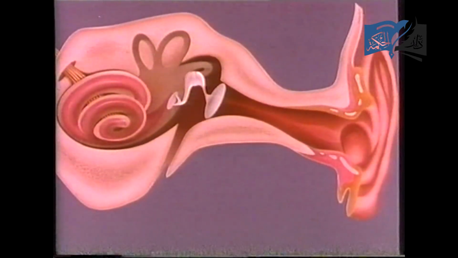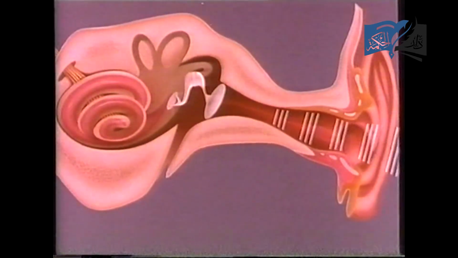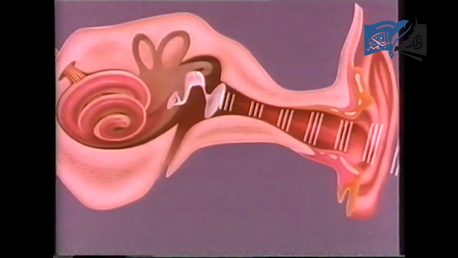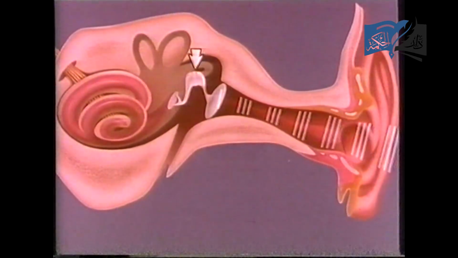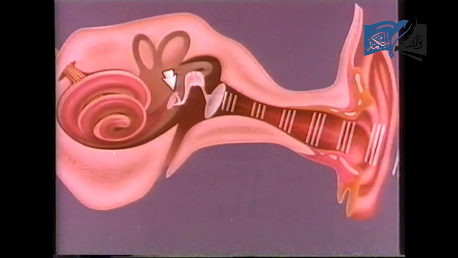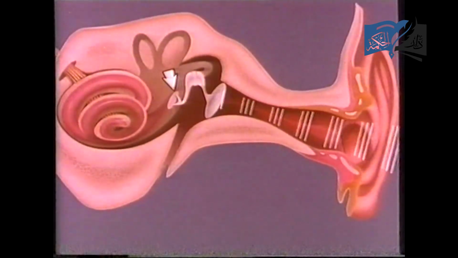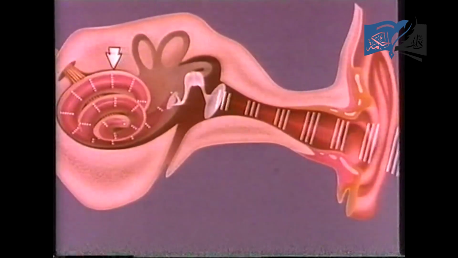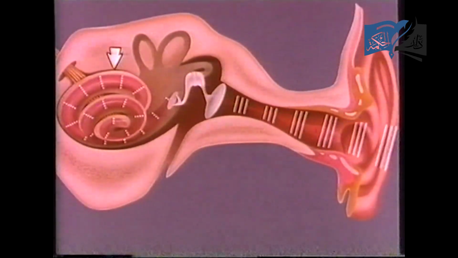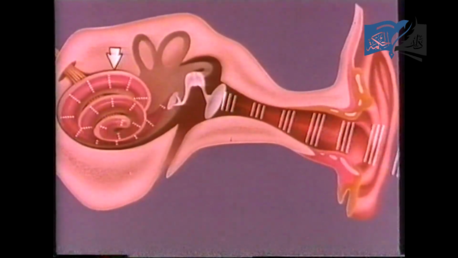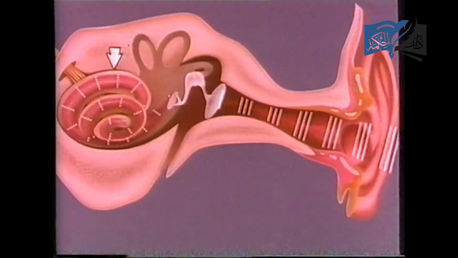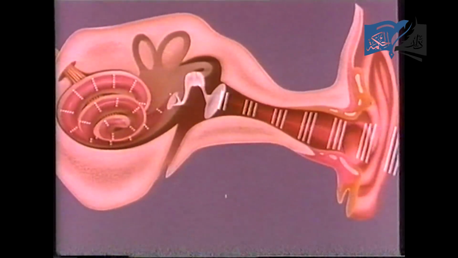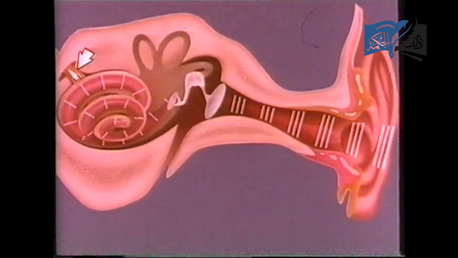Skipping the details, sound waves enter the external ear and set the tympanic membrane to vibrating. This in turn causes vibrations of the auditory ossicles. These vibrations set another membrane, the oval window, in motion. This vibrating membrane in turn sets up waves in the fluid that fills the chambers of the cochlea. These waves then cause the fibers of the basilar membrane to vibrate. This vibration stimulates the organ of Corti, which transforms the physical stimulus into nerve impulses, which then move into the auditory nerve.